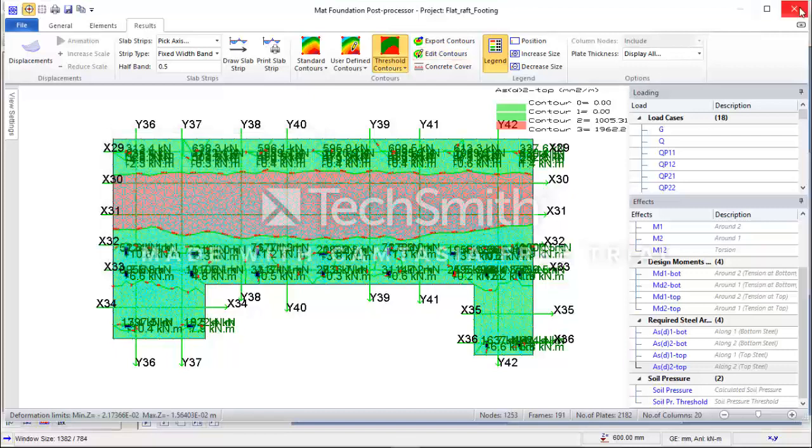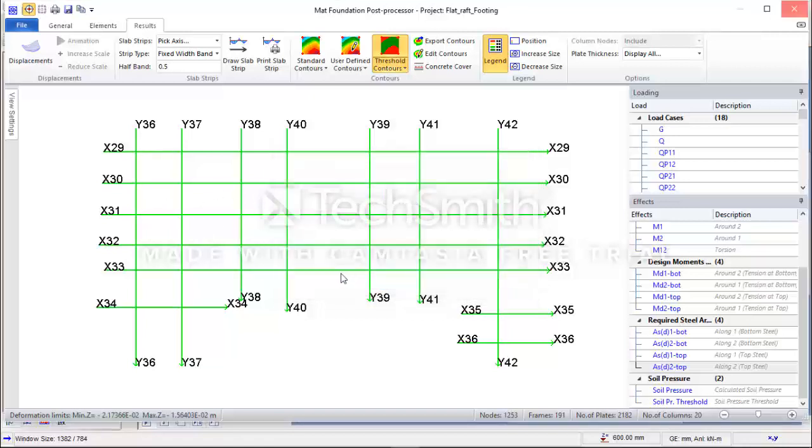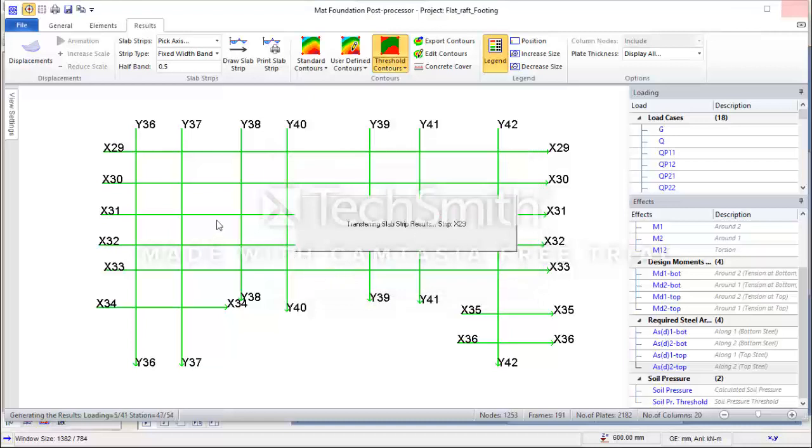So what I'll do now, I will close this. And when I close this, I will click OK. The result of this analysis will be transferred to all these line strips I have drawn. I'll click OK. This will take a long time to analyze, to transfer the analysis to the line strips. So I'll pause my laptop now and I will resume when the analysis is over.